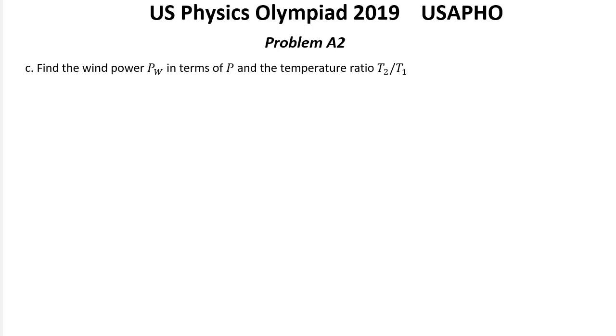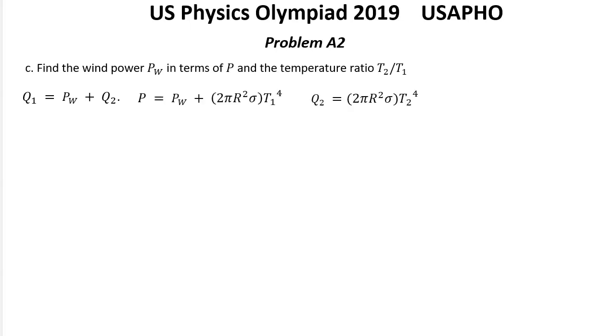Question C. Find the wind power Pw in terms of P and the temperature ratio T2 over T1. Solution. Let the heat be transferred from the bright side at rate Q1 and transferred to the dark side at rate Q2. We have Q1 equals Pw plus Q2. Then, since the two hemispheres have constant temperatures, energy balance for each gives